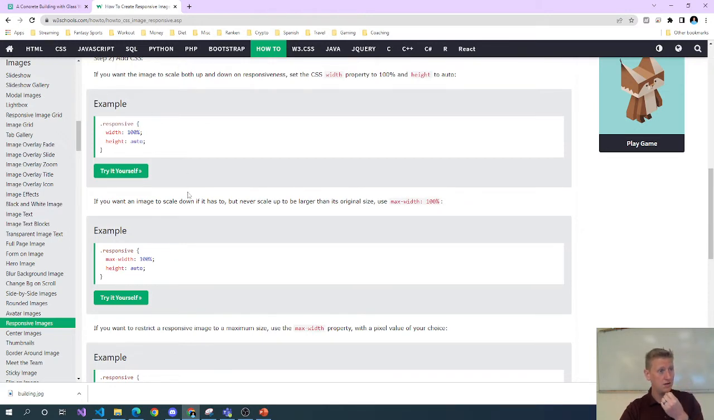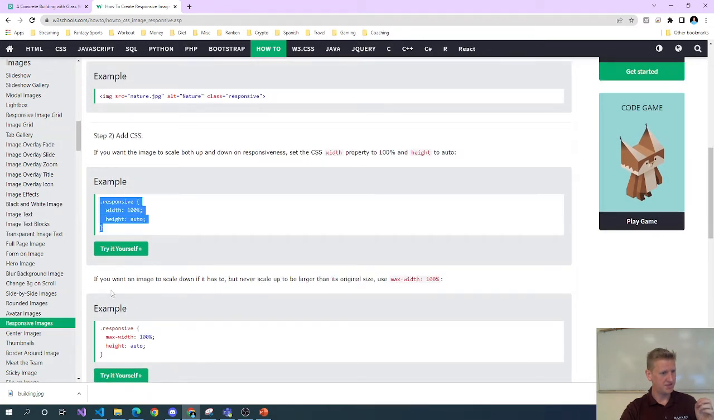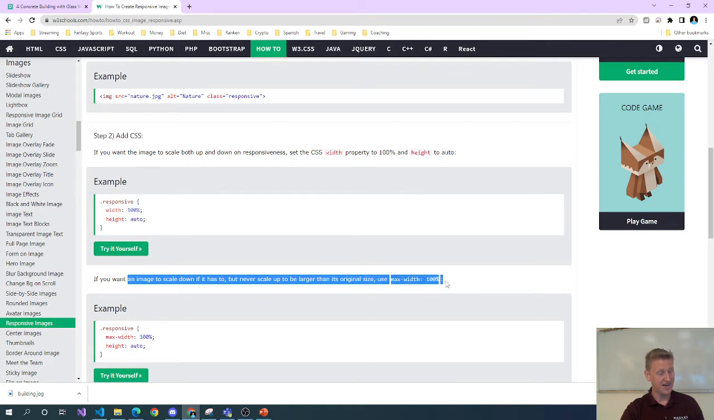I guess it'd be a little trickier if you don't need the image to be quite that big and still be responsive. I guess you still have to resize it anyway at some point. Yeah, which is the other strategy that we can look at now. This is the first example. It says, if you want the image to scale both up and down in responsiveness, set the width property to 100% and height to auto. So this scales up and down. If you want the image to scale down if it has to, but never scale up to be larger than its original size,